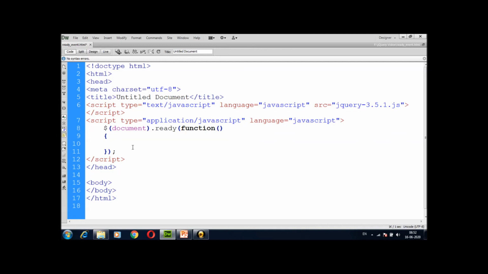Now I am going to write here document.write and write "jQuery for beginners". Save and call this function.